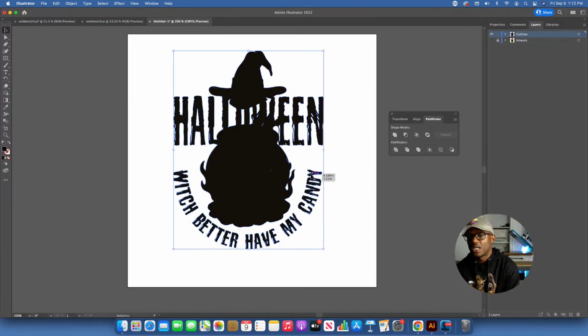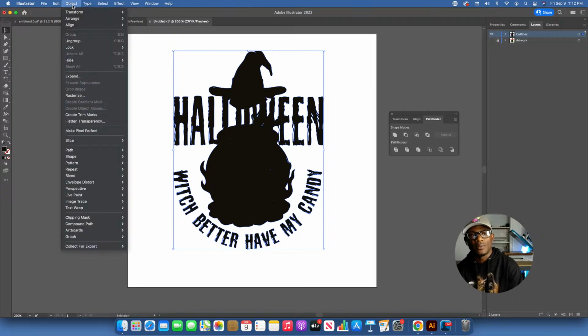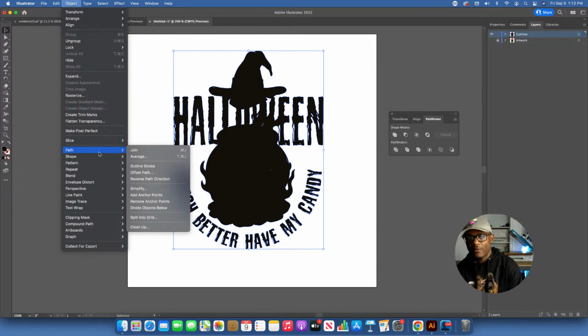So now this is when you got to make the decision. Do I want an offset here, right? You know, most stickers got the white border around it. So this is where you want to set up your offset. So while the whole artwork is selected, we're still on that cut line menu or layer, we're going to come up top to Object, Path, and Offset Path.